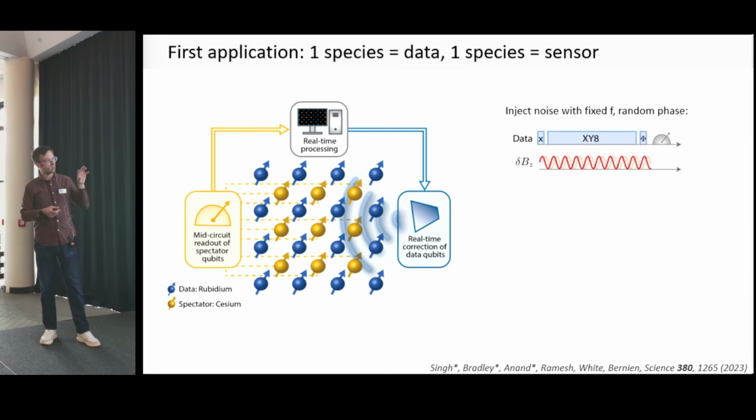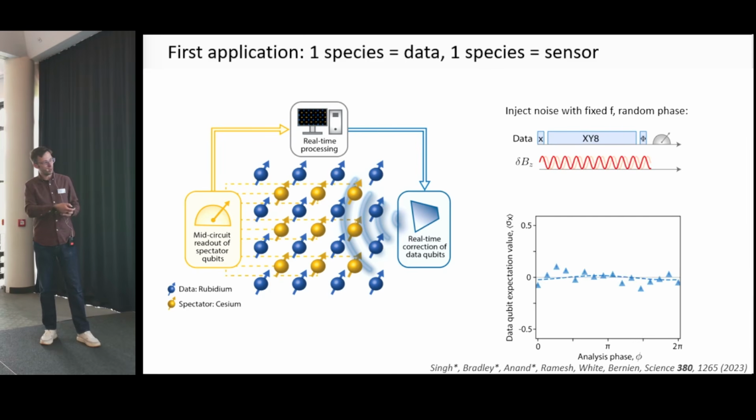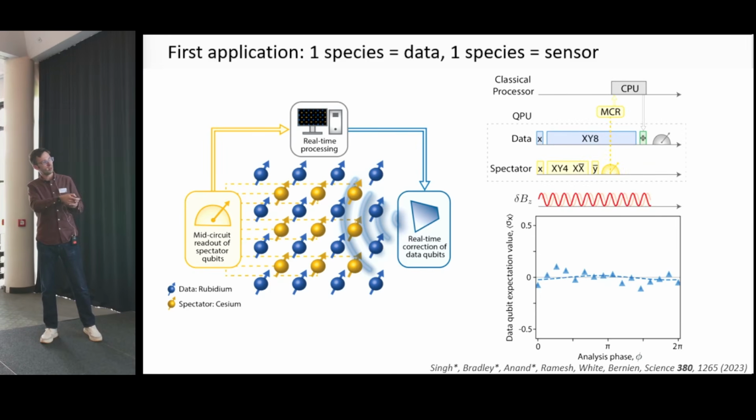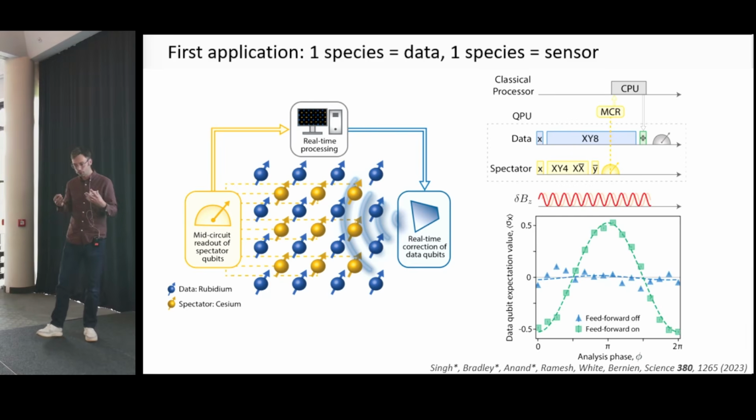And I'm just flashing this here. So we have the data qubit, we injected some magnetic field noise, and then we looked at, okay, what is the coherence of the data qubit? So here you would expect some oscillation, but it's completely flat because of the noise. But then if we measure the noise, calculate in real time what the effect is on the data qubits, we can actually adjust here this phase. And then, here's the sequence. We do a mid-circuit readout, we analyze it, and then adjust the phase, and then we can regain this coherence. So this is not like quantum error correction, how you think about it, but it's a sort of error correction for these correlated phase errors, and that works really nicely.